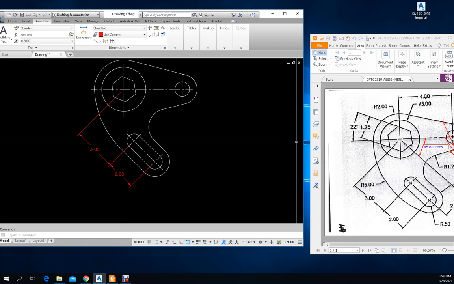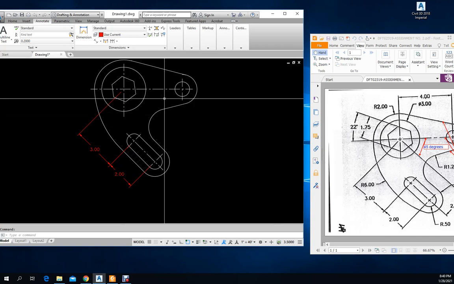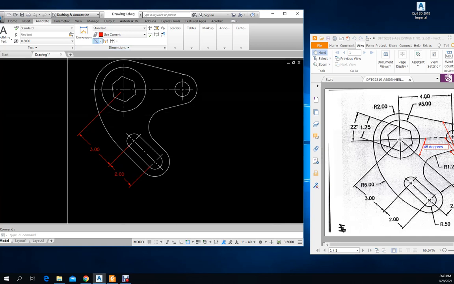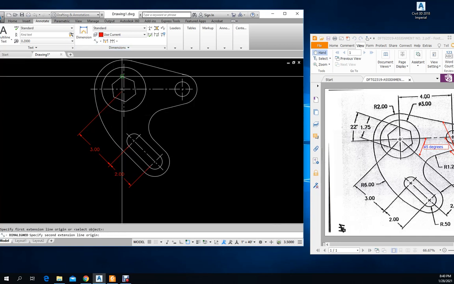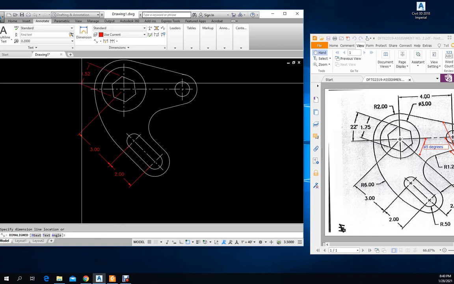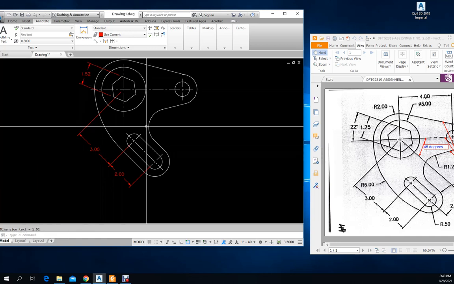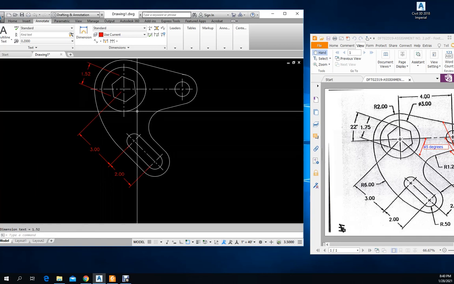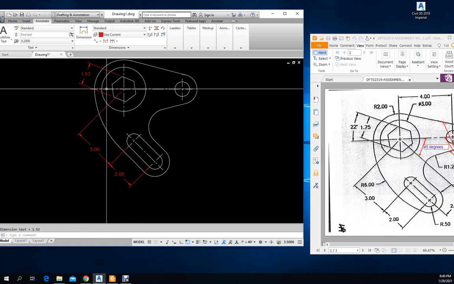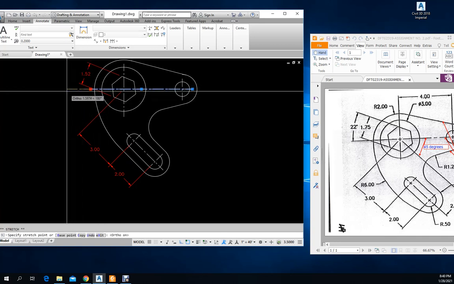If you take like this 1.75, I can do the align and go from the end point of that to the end point of that and come out here. Looks like I did the wrong dimension, but don't worry about that. I was rushing getting this done. And this line here, I could bring it out this way,